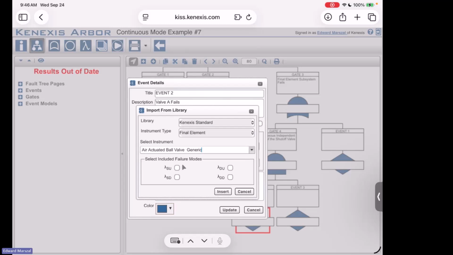Okay, and for now, just to make the rest of the exercise simple, I'm going to ignore the fact that there's a solenoid there. I'm just going to deal with the valve itself and pretend that that's the only thing going on, just to make the view of the fault tree a little bit easier to understand what's going on. Now,